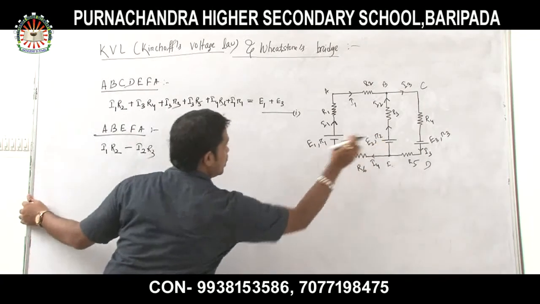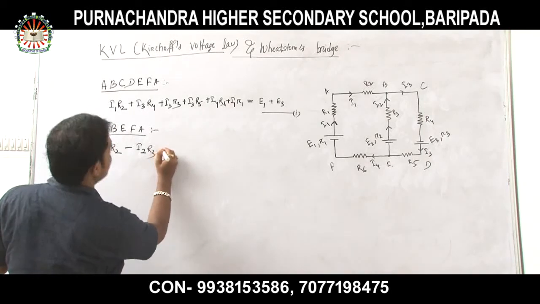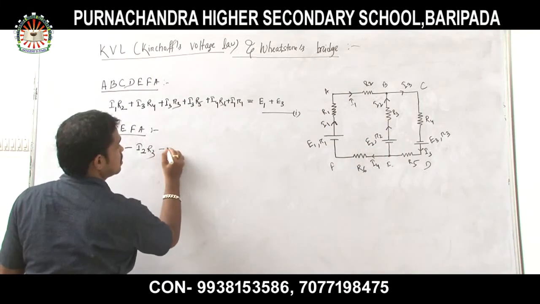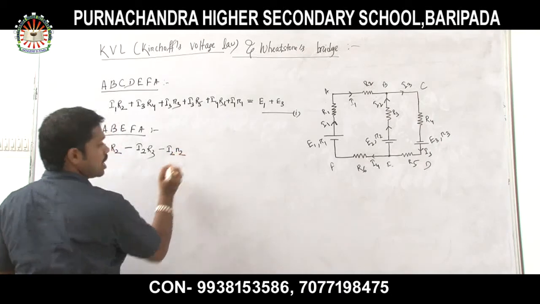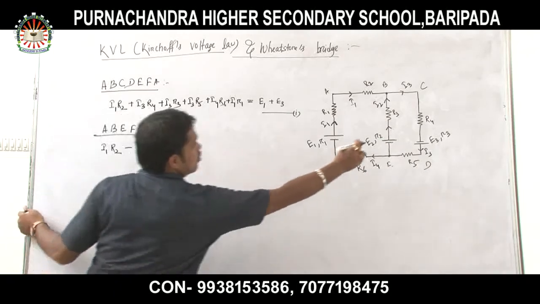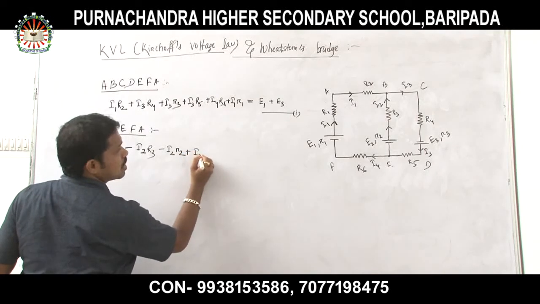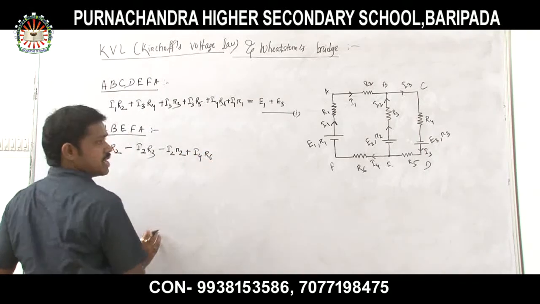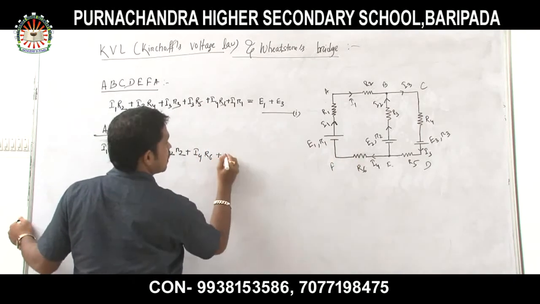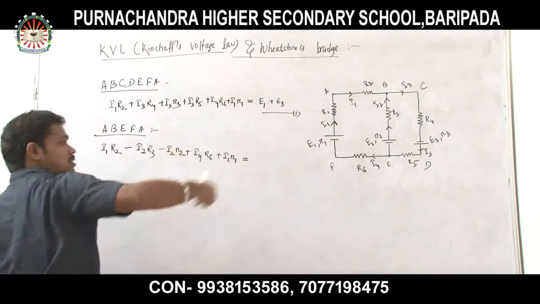Okay. Then come to here. Similarly this is minus, because we are facing it here. So this is minus I2 R2 for the internal resistance. Okay. Then come to here. But look, this is clockwise direction, so that is plus I4 R6. Okay, now again come to here, so that is plus I1 R1 similarly. Okay, that is equal to the total EMF.